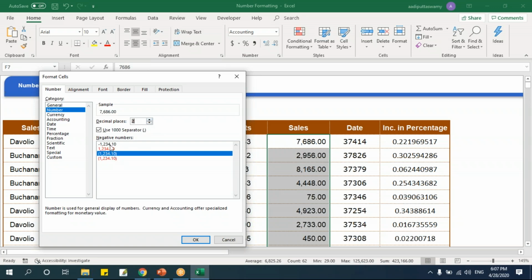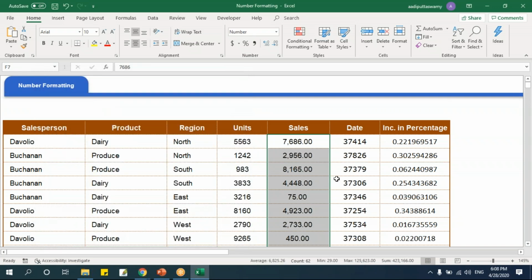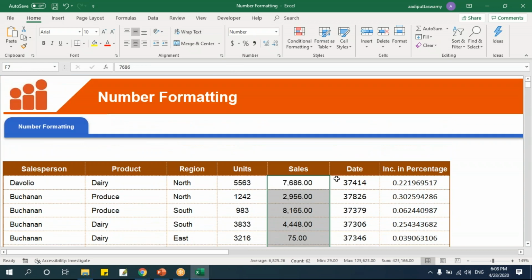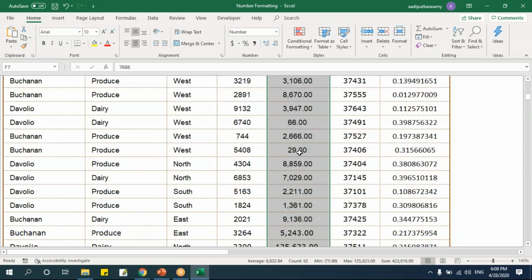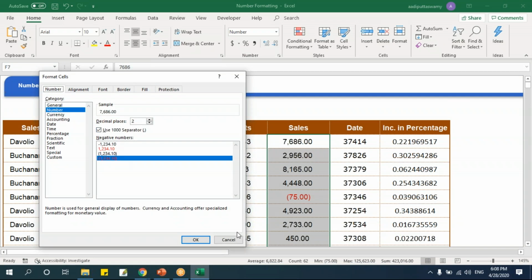Now I can choose how my negative numbers are shown. By default we usually have the minus symbol with the number. But suppose you want to show something else, for example I want to show it as red color with brackets. Say okay. See, now the values got formatted here. Let's go and check. I'll make this a minus. See, the format got changed. This is very simple. I just selected Control 1, used Number, and formatted it.